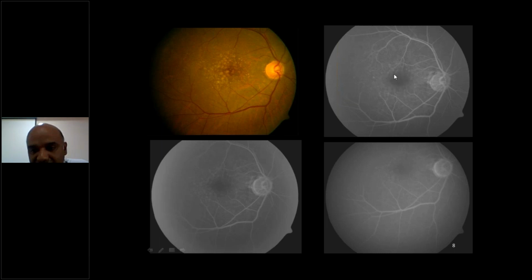You can see a few stainings of these drusen around the macula. The central macula is normal. So this patient has dry AMD, but clinically he might not have so much visual loss because the central macula is clear. If you see this color fundus photograph, a lot of drusen are there in the central part. But clinically speaking, no active intervention might be required for this patient. Just medical management might be sufficient to prevent the progression of drusen.